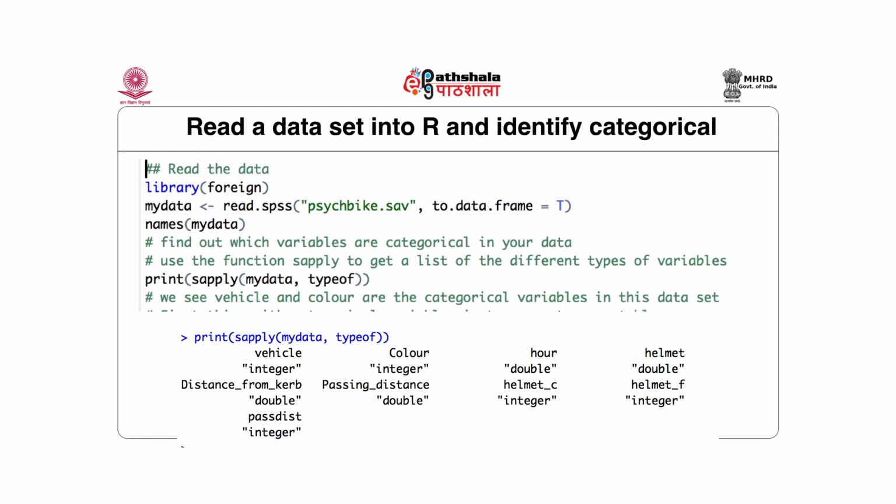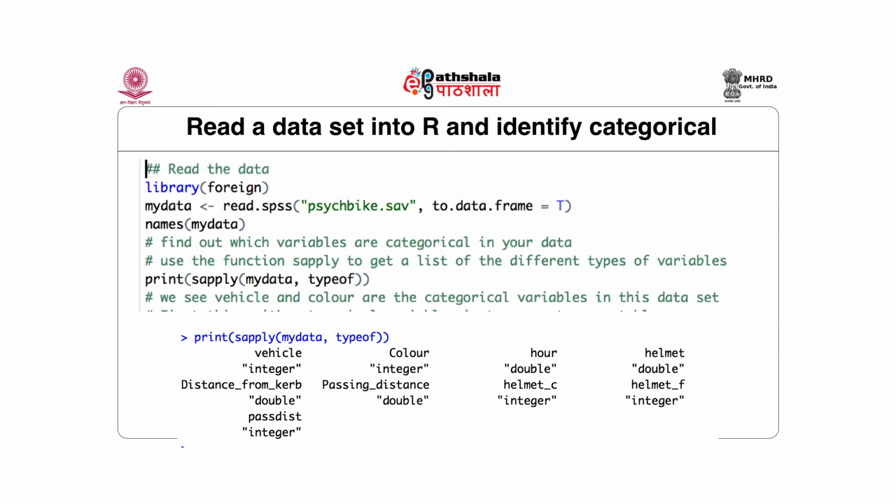So from top to bottom, let us read what I have done. The first thing that I've done is that I have loaded a library, and the library is called foreign. In a future tutorial, I'm going to talk about the foreign package and how to load the foreign package and how to use the foreign package. For the time being, just hold on to this thought. If you have installed a package, which is in this case foreign, by using install.packages foreign, then you can use this. Otherwise, install that package first and then call that package in your script by typing library within parentheses foreign,